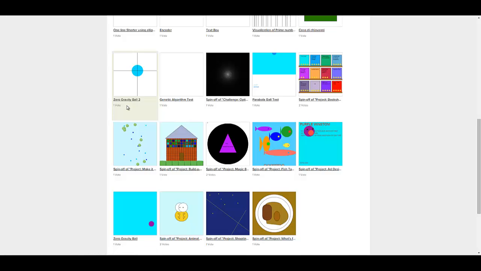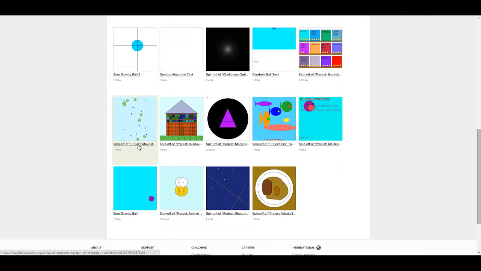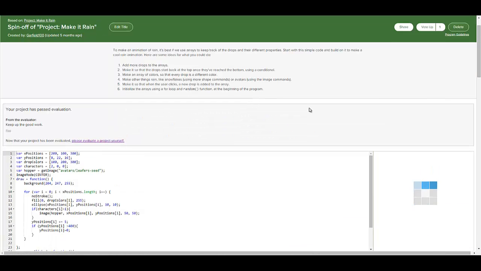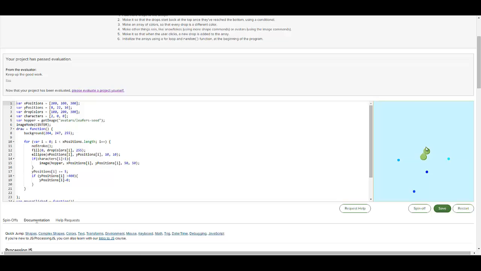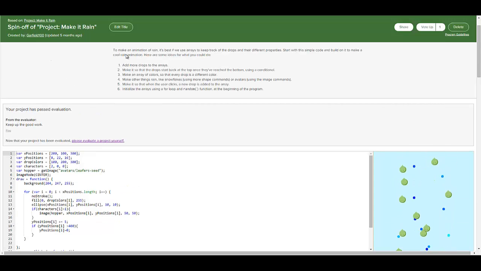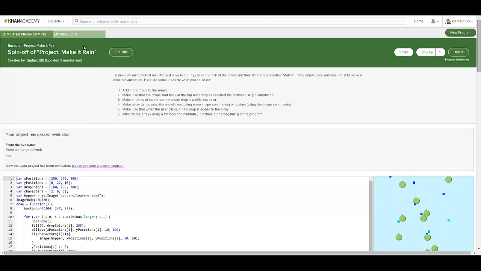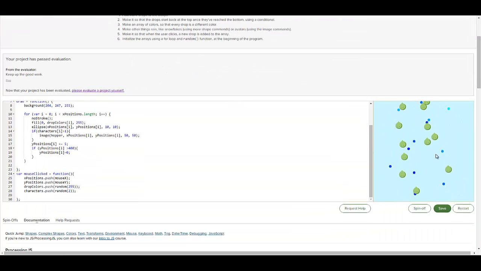So all in all, this is a great site. Take a look at it. Take a look at the other projects on my page, for example, this one. This is very nice. Nice and simple, but it looks great. This was also a spin-off project, Make It Rain.